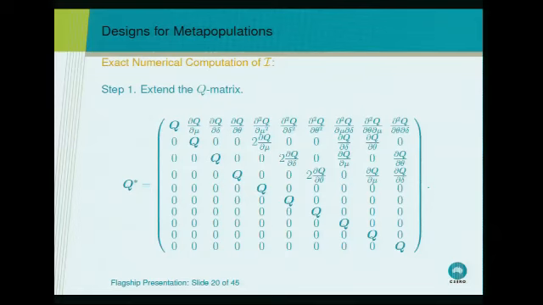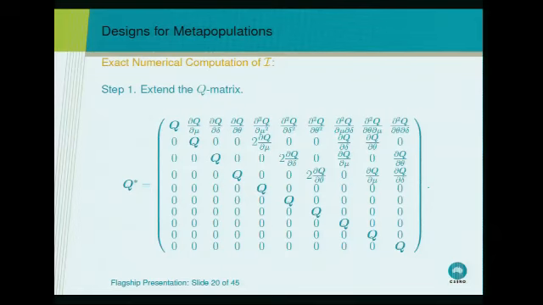Well, one approach is to take the Kolmogorov forward equations and to differentiate with respect to the parameters, and then to form this extended Q matrix, which has the original Q matrix along the diagonals and various derivatives elsewhere. We can then get the necessary ingredients that we need for calculating the entries of the Fisher information matrix by using the matrix exponential of this new Q matrix multiplied by time, and using a vector of initial conditions, which is essentially just the same